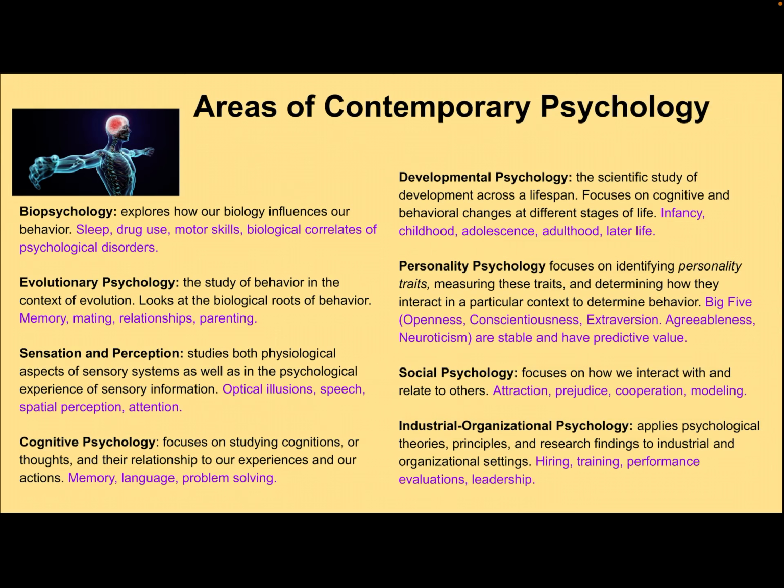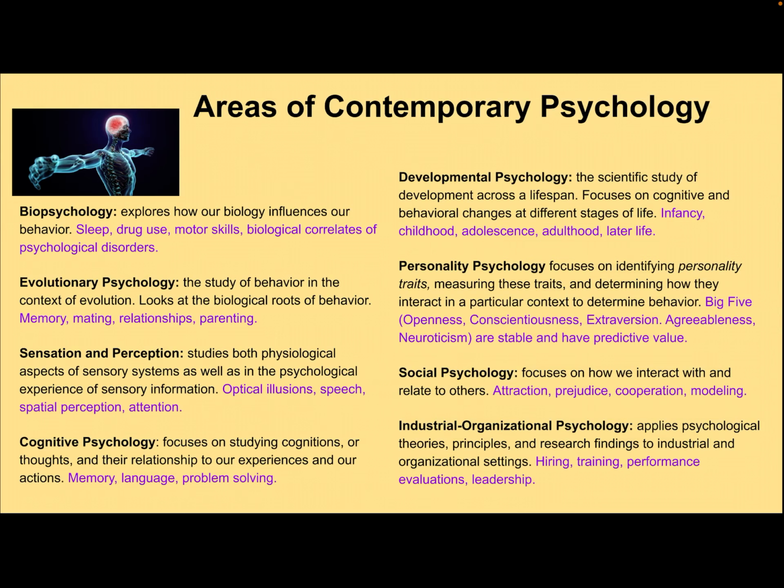It gives some examples of behaviors. You can also, if you Google it, take a test and see which Big 5 personality traits you have the most and the least of. These are stable traits, and they have predictive value. Once you know how you score on the Big 5, you can use it to predict